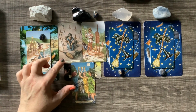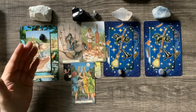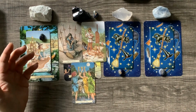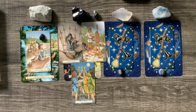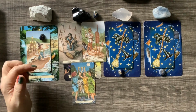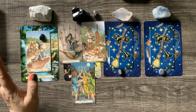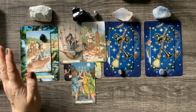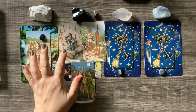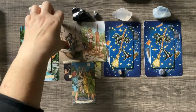Okay, the Eight of Swords can be self-imposed restrictions. It's about having beliefs or thought process that falls under the I can't category. And we don't, those words are just, they're illegal. We don't use them here. This is getting in your own way. Because if you look closely,